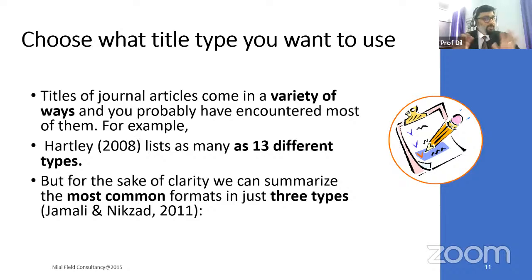All your papers will be served by that. There are very complicated analytical levels, and likewise we are making different types. But usually it will fall into three types, and it is accepted by many research scholars. The first one is called the declarative title. Second one is called the descriptive title. And the third one is called interrogative. There are three types of titles available.